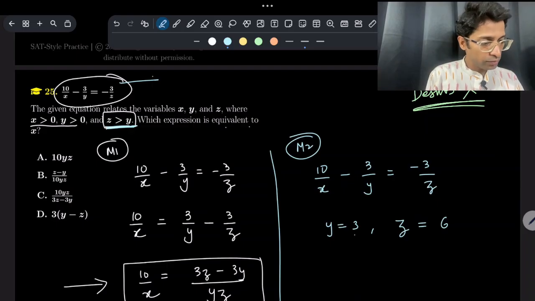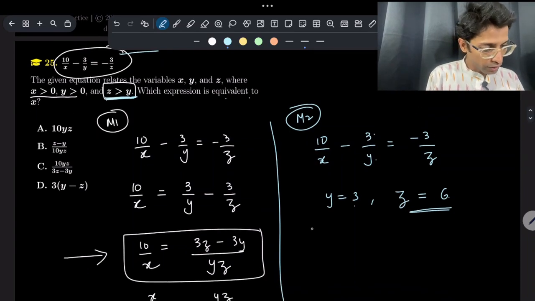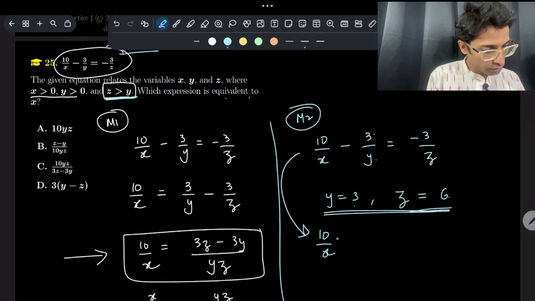Why did I choose 3? Because 3 by 3 will give me 1. And why did I choose xz equal to 6? Because 3 by 6 again will reduce to 1 by 2. So let me write down this equation now, and after substituting these values, 10 by x minus 3 by 3